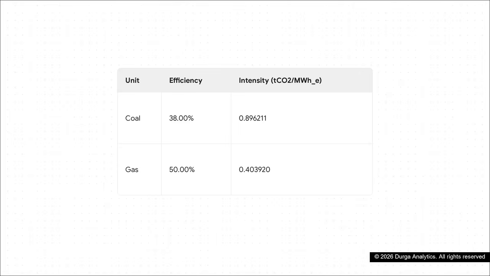Now, this table locks in our standard conventions for the rest of the program. After doing the conversions for a 38% efficient coal unit and a 50% efficient gas unit, we get our vital numbers. The coal unit emits 2.2188 times as much carbon per megawatt hour as the gas unit. That leaves an absolute intensity difference of 0.492291 tons per megawatt hour. That tiny decimal right there, that is the engine of our entire carbon desk